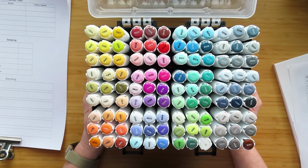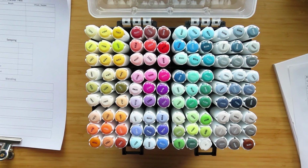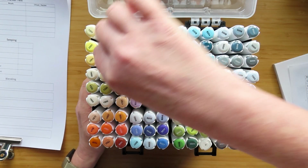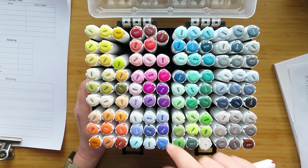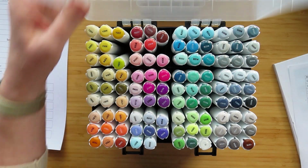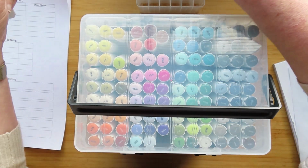So let us pick the colours. You can do it with me with this one because they're just all there laid out. So we're going to go that for a yellow, that for a red, and that for the blue. So let's pop them in the...